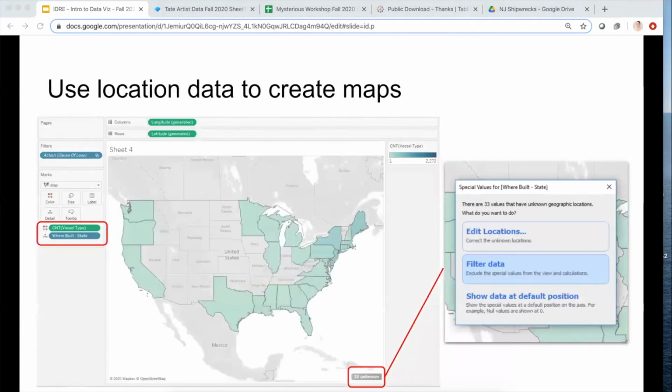And then finally, we'll do one last chart. This is to show you a little bit of mapping. I recommend that you take a look for workshops with Albert Ketchupum or Yo Kawano in our workshop portal if you're interested in working with location data specifically. But we're just going to dip our toe in the water here. Bring vessel types to column and where built to rows. And if we do that,